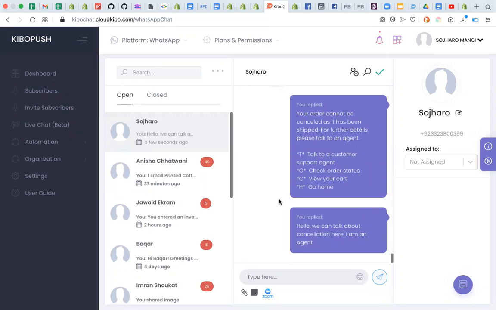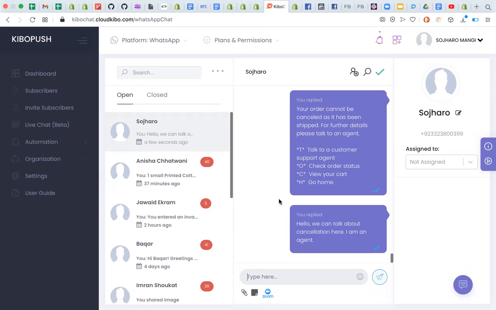Now the agent has replied to the customer, and let me reply as a customer from WhatsApp as well. I want something else, please cancel.